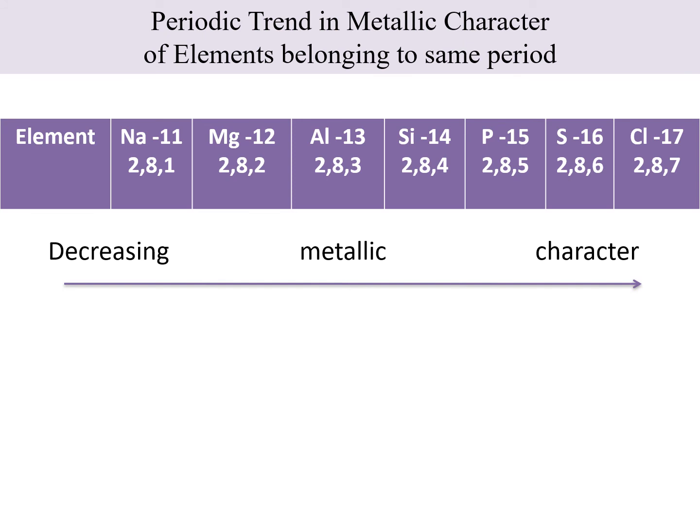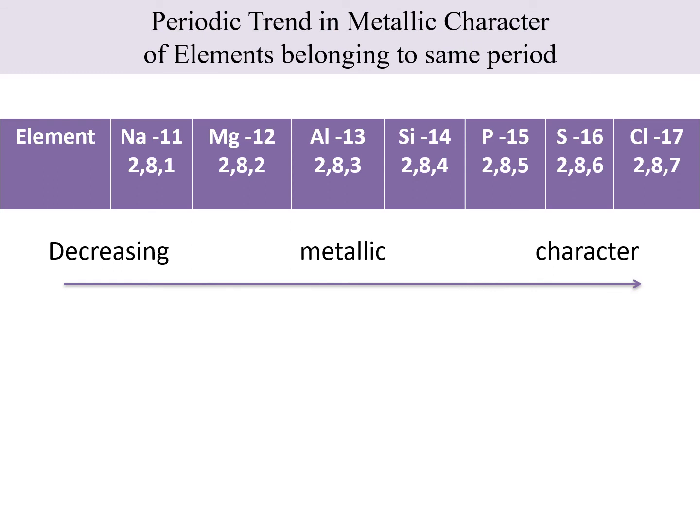Now in these 3, the electrons are held very tightly, and hence the tendency of losing electrons decreases and accepting electrons increases, and these 3 form anions, that is negatively charged ions, or they have the property of electronegativity. So electrons in the valence shell of phosphorus, sulfur and chlorine are held tightly, and the non-metallic character goes on increasing and the metallic character goes on decreasing as we move from left to right in a period.